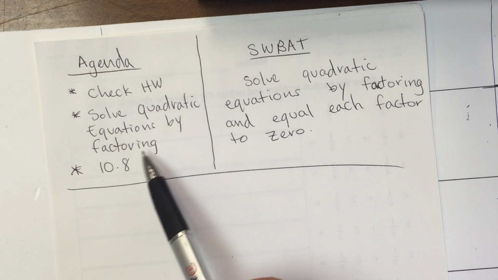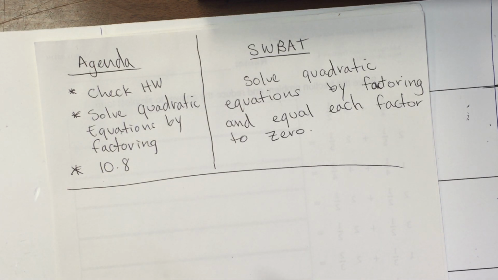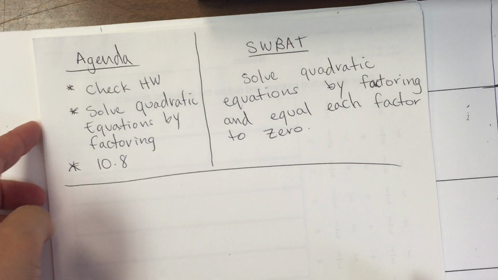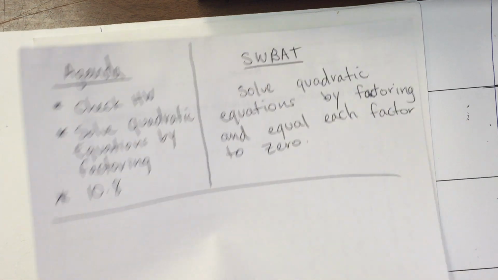We're going to be solving quadratic equations by factoring, and the homework will be 10.8. Today students will be able to solve quadratic equations by factoring, and then you will get each factor and equal it to 0 to solve for x. So let's start with